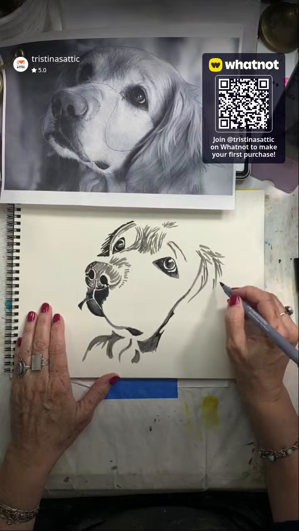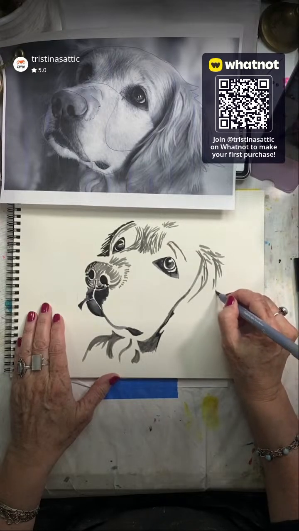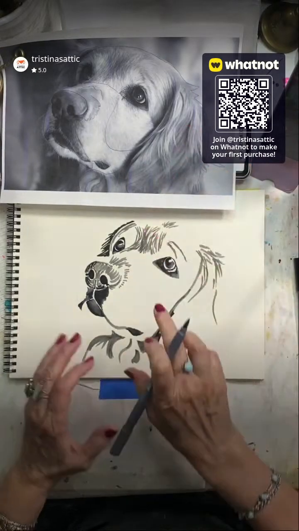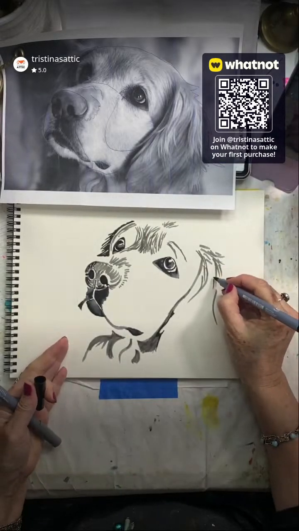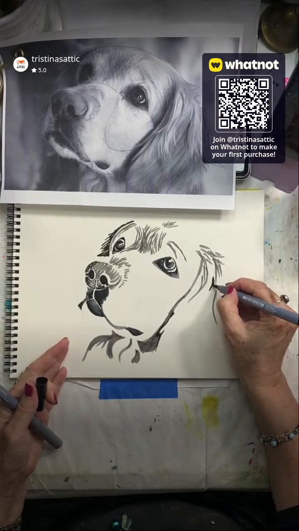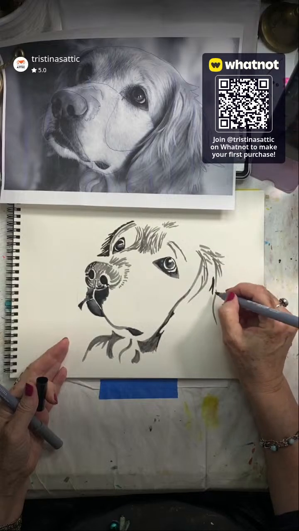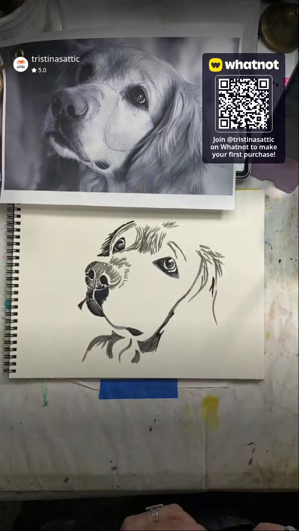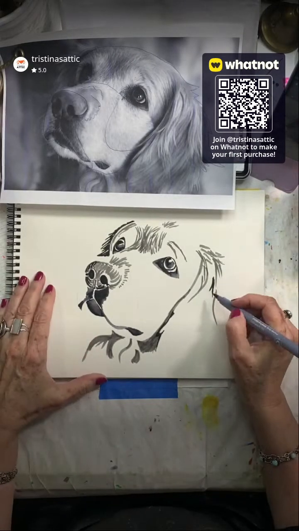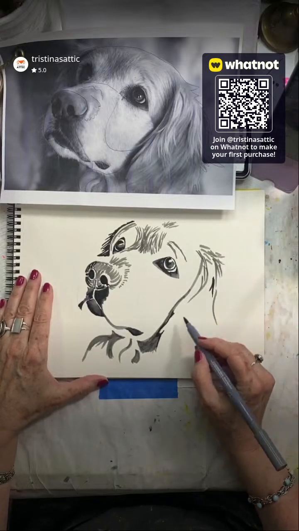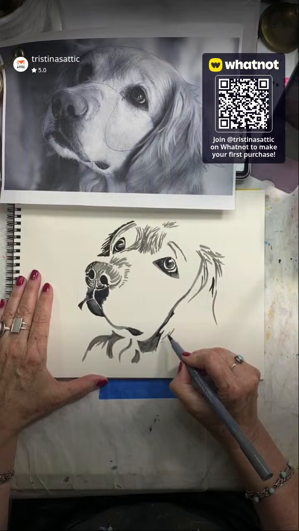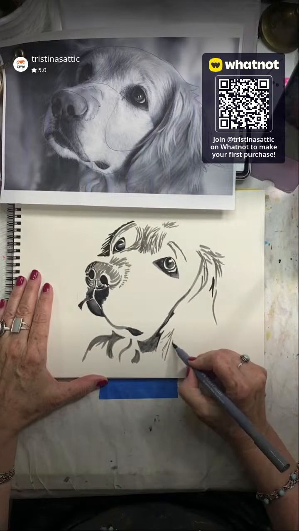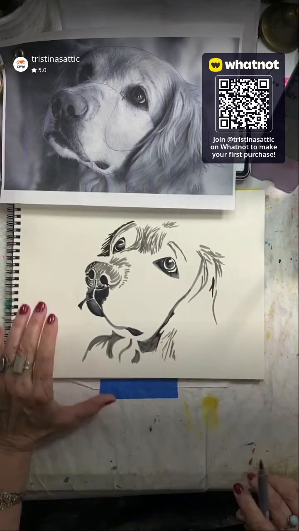So I'm just going to go back into this part of the ear right here. There's a little bit of really dark right there. So let's get some of the black and just bring the black in there. Just a little bit of black that will soften with the water, right? And then we've got some more gray happening. I'm going to leave a lot of the gray undone because I'm going to come in with color